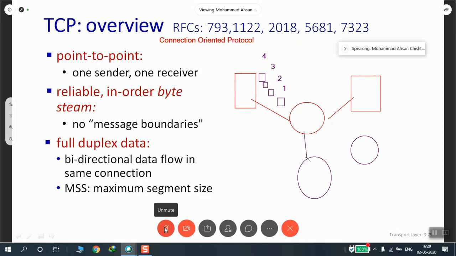There can be a packet, let's say packet number 1, which has been directly sent across through this link. But because of some issue within the router or within some of the link, the second packet was sent through this route.